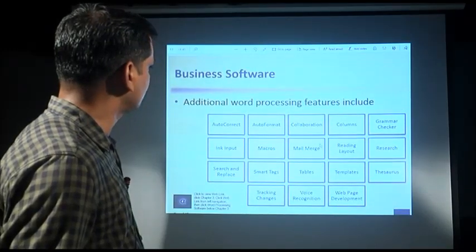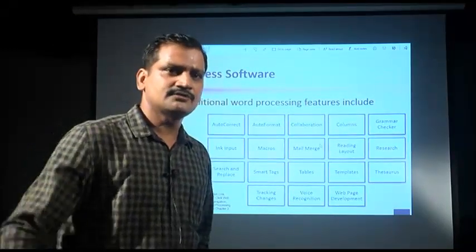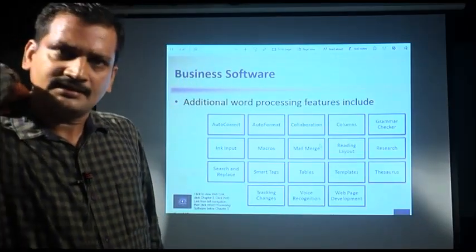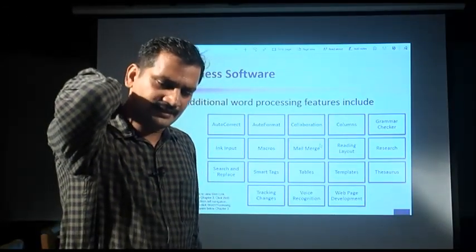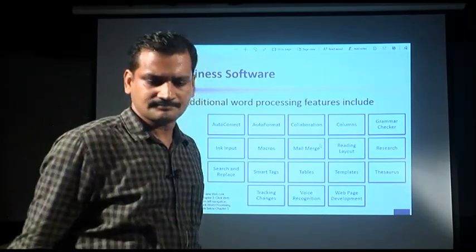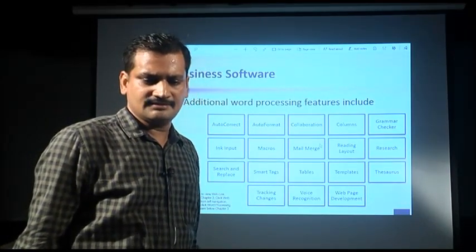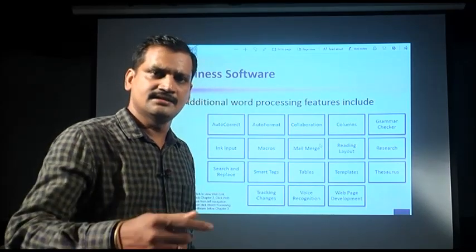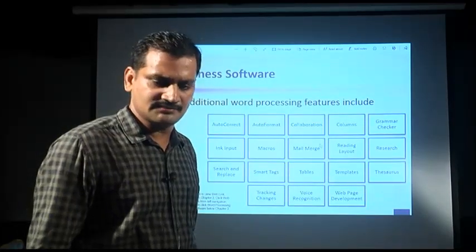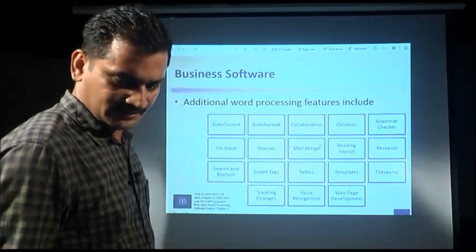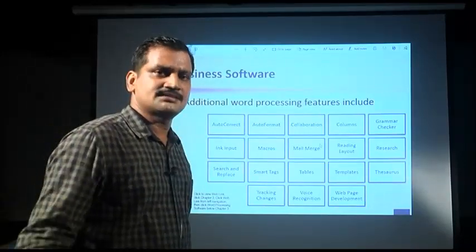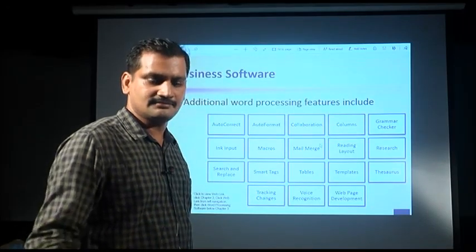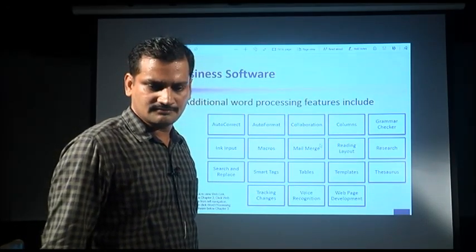While preparing the document, suppose you write a word and it is misspelled. Sometimes while writing we make mistakes. If that is identified, then it is rectified automatically by the system, that is autocorrect. Auto format: you can define a format for specific text and apply those formats to the text you have selected.